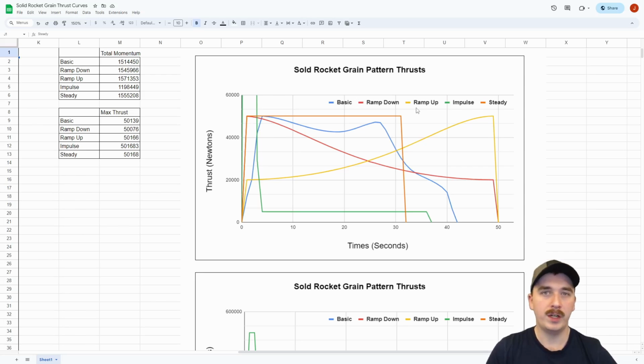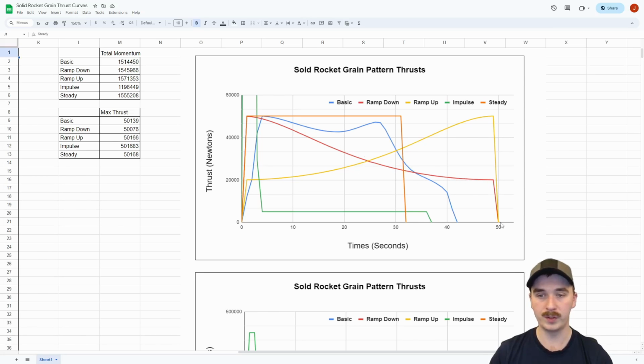Well, for starters, if we're designing a launch vehicle, generally we're going to want a lot of thrust early on at the beginning, and then we're going to want that thrust to taper off as we burn fuel and burn mass. We don't need as much force to accelerate our rocket. So the ramp down fuel grain is actually perfect, and I would recommend using it for most launch vehicles. You get your highest thrust at the beginning, and then it tapers off and slows down over time, and you get this nice, smooth acceleration curve, because as you burn fuel, you're actually lowering your mass, and you don't need as much force to accelerate, so having a lower thrust at the end is perfectly fine,